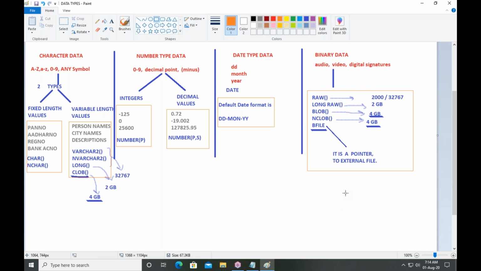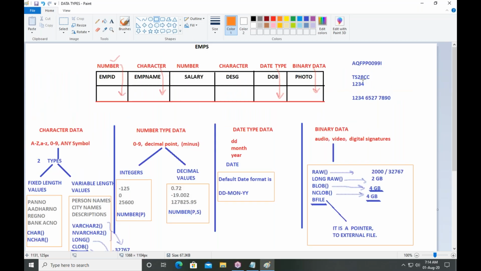The best example is PAN card number and passport number. Why? Because in the PAN card number, you have characters as well as digits, and all PAN card numbers have the same length. It cannot be a different length.